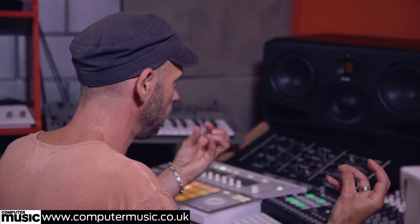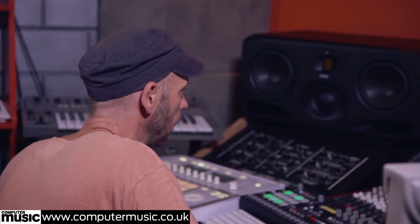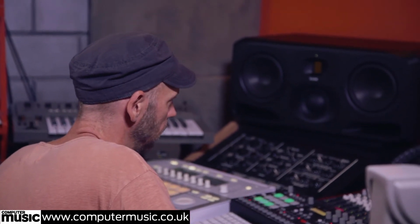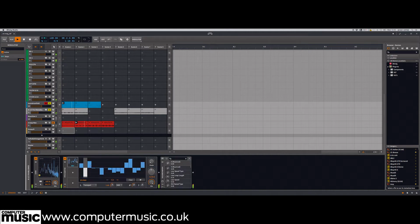So it becomes a little bit more ringy. It's basically a resonator. Then I place this pitch shifter on top of it. And then again with that step LFO, I'm making the pitch shifter shift just slightly. I can set it to a bigger value,